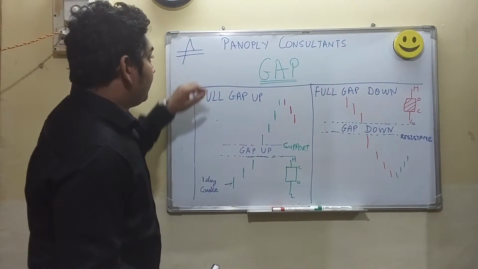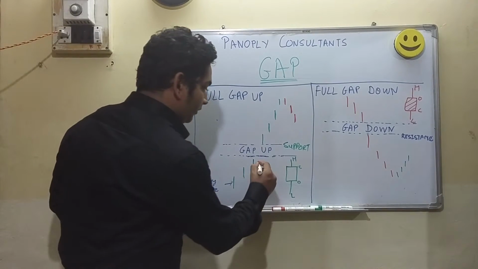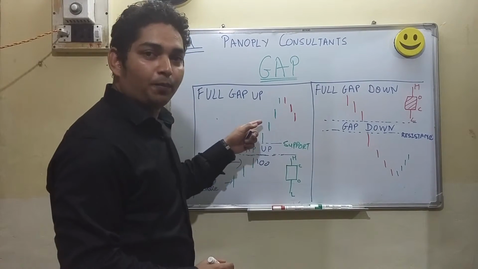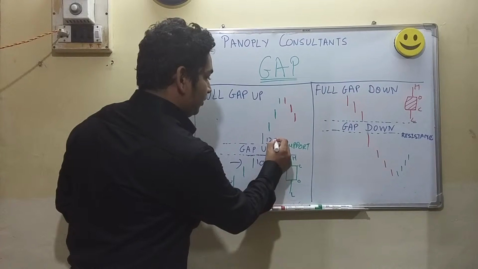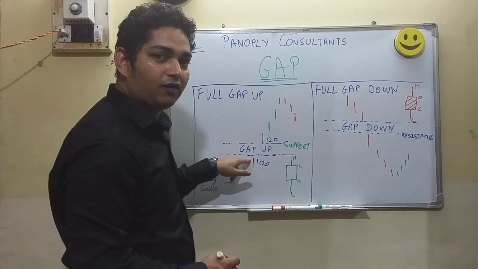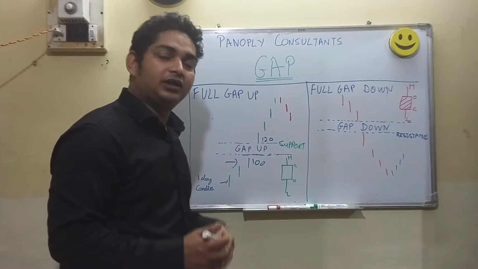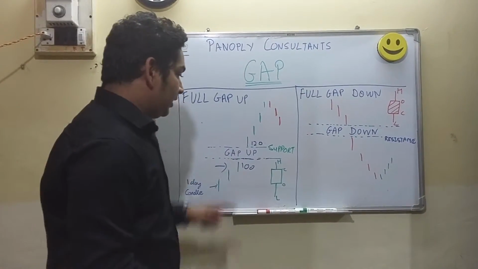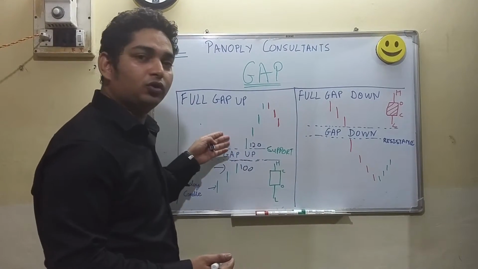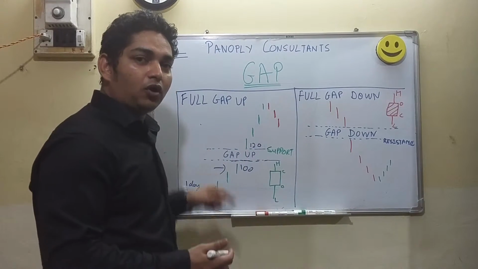Say for example, the stock of Pinopoli Consultant is trading at a price of 100 rupees on a given day. The next day the market opens at 120 rupees. Here we can see the market has jumped from the previous day high of 100 and opened at 120 the next day, which means the market has jumped by 20 rupees in differential. This also tells us that the buyers are much more excited about the stock as they think that the potential of the stock to go up is much higher, and thus this price creates a gap